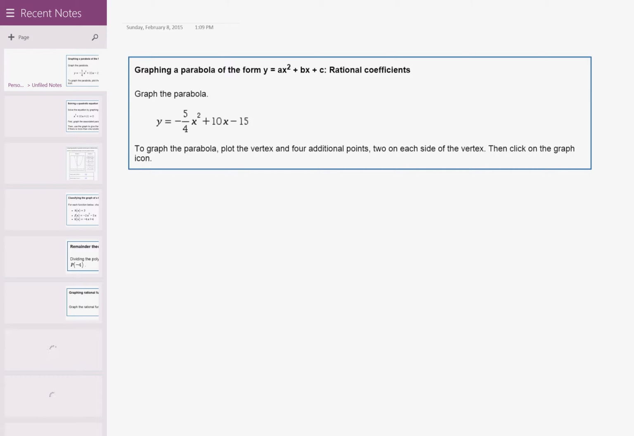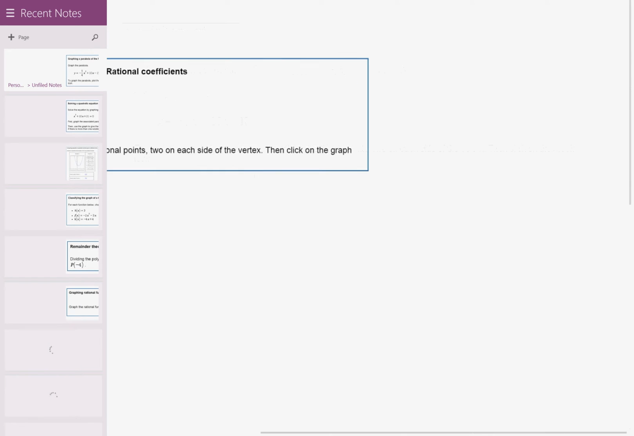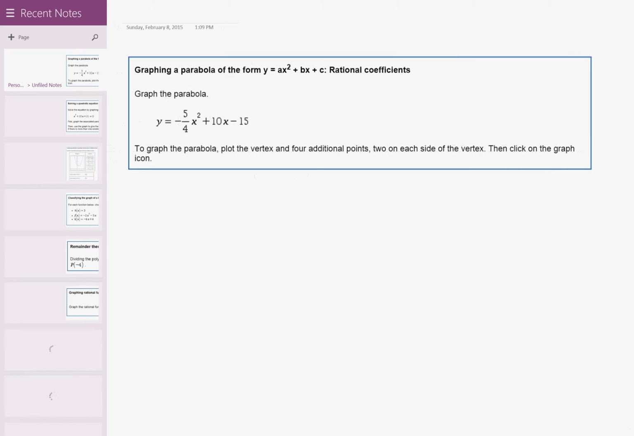So, I'm going to do this two ways. First, I'm going to complete the square to find the vertex. So y is equal to negative 5/4. I have to factor that out of x squared plus,